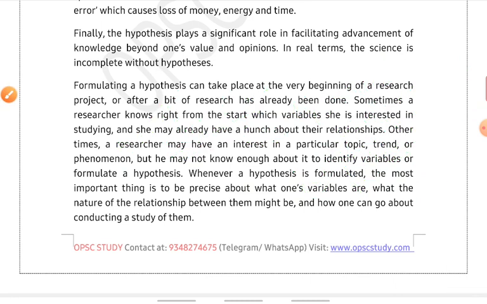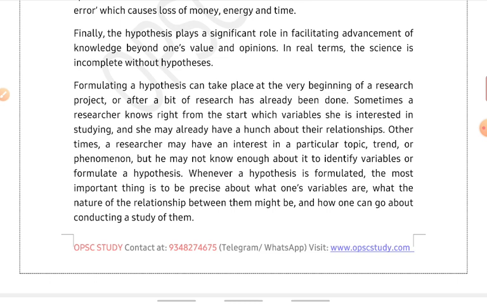And you can also write the characters, like how the hypothesis should be. It should be simple in language, right? It should be verifiable and it should be logical. These three basically should be the characters of a hypothesis. Simple in language should be there. It should be simple in nature. If you make a pre-theory so complicated, then how will you study the society, or how will you proceed for the theory?